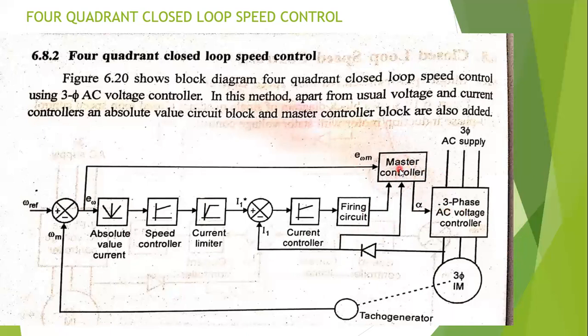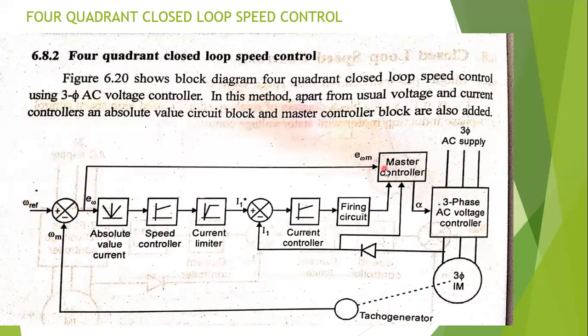Okay, these three pieces of information here, 1, 2, 3. The first one: the required direction of rotation is given by the speed error signal. Understood? The required direction of rotation is given by the speed error signal, omega and omega-E. The difference between these two is called the error signal. That is, the required direction of rotation is given by the speed error signal.